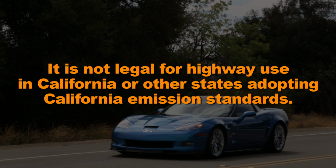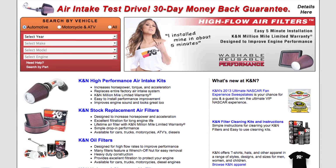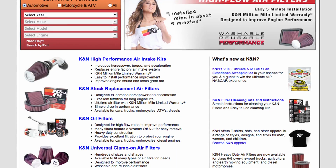It is not legal for highway use in California or other states adopting California emission standards. Check canfilters.com for an up-to-date list of models this air intake fits and for a list of other CARB adoption